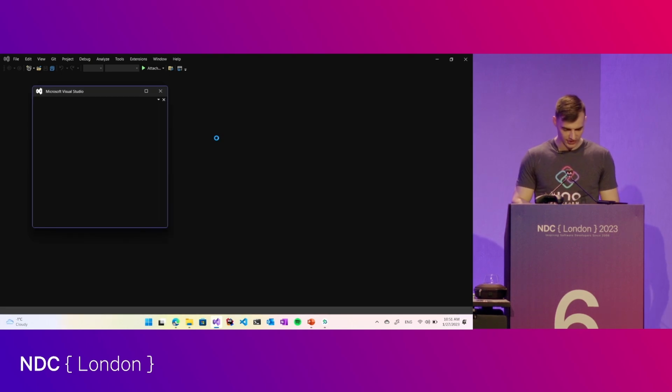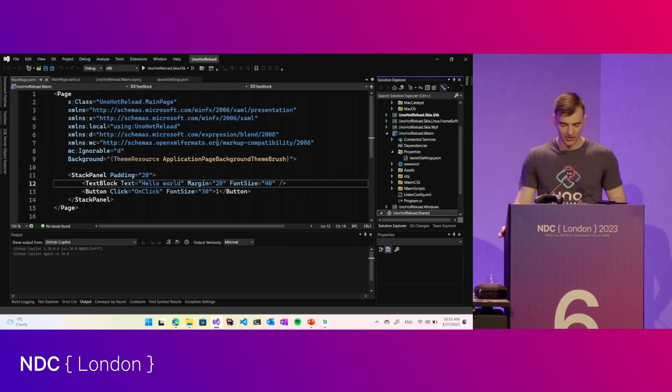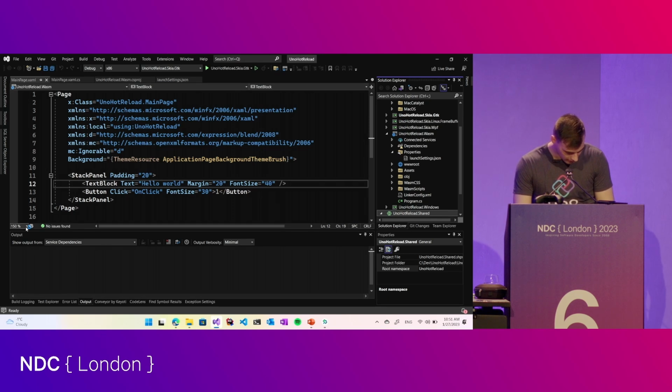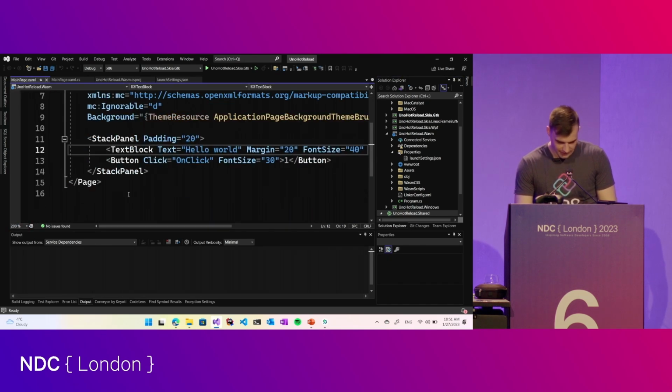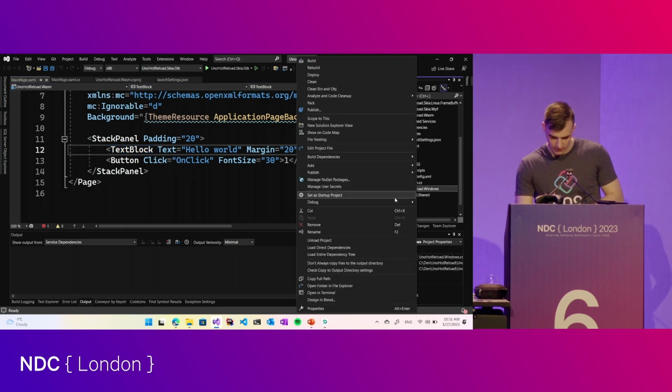So I will run this. It's a very plain Uno platform application, just basically hello world, which contains a text block, which is a text display, and then a button which does something on its click handler. And when I run this application on Windows,